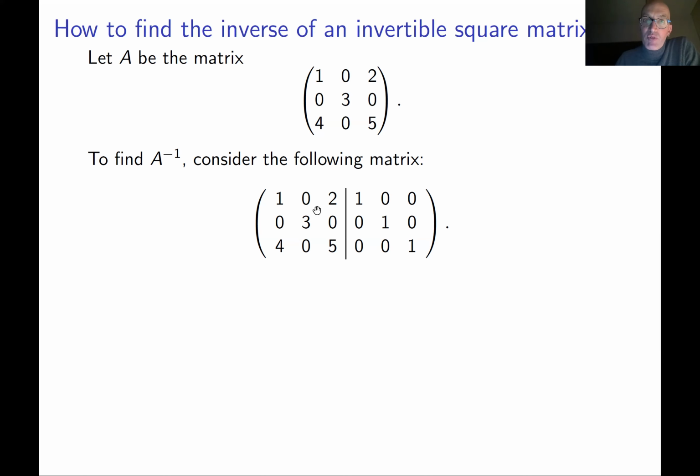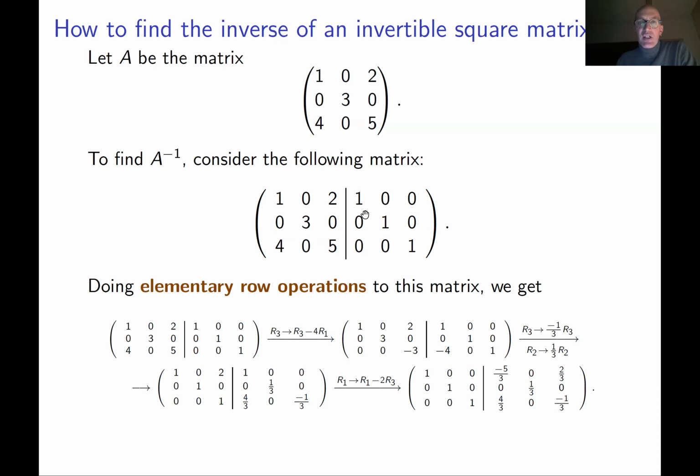So let's just perform elementary row operations to put this into reduced row echelon form, which is going to be the identity matrix. We just do this. This is not hard because this matrix is not very complicated. So for a second, you can ignore the right-hand side. You can ignore this 3 by 3 matrix in the right part of this 3 by 6 matrix here. So you only care about the left part, the 3 by 3 matrix on the left.